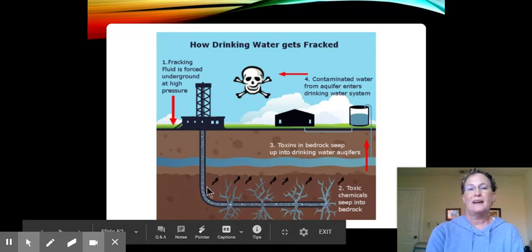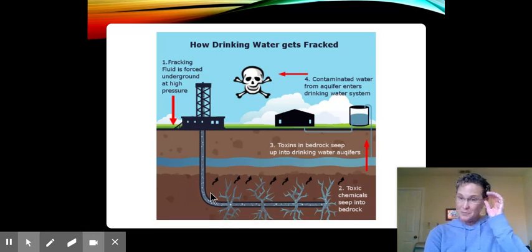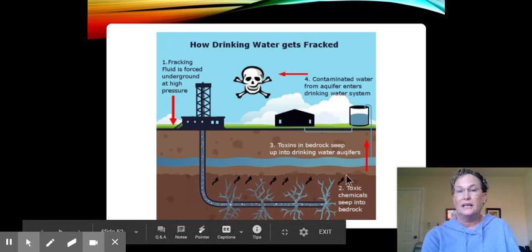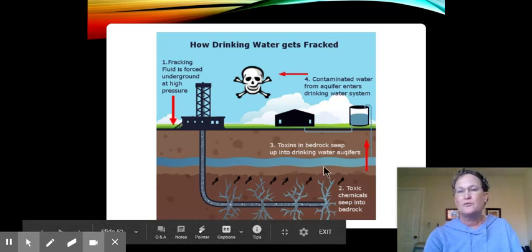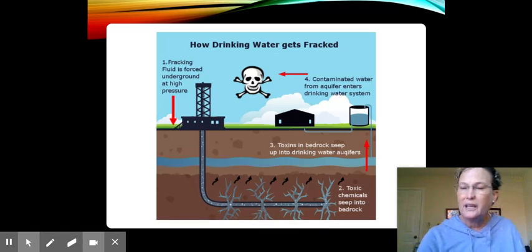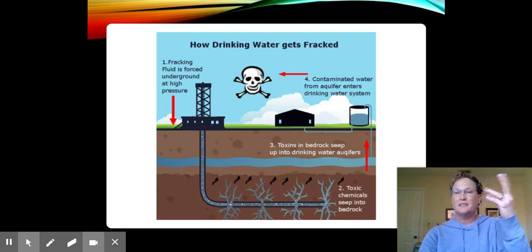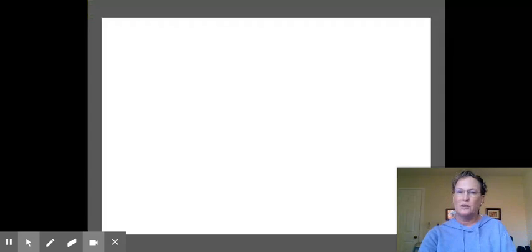So the fracking fluid is pumped underground to fracture the rock. And then this fractured rock, where you're supposed to be able to bring this all back up and capture all the methane, it's leaky because it's a gas. And this fractured rock allows the gas to get into the water. And then when you pump the water into your house, there's methane, and it will light. It's not lighting the water on fire, it's lighting methane on fire, but the methane comes out with the water.